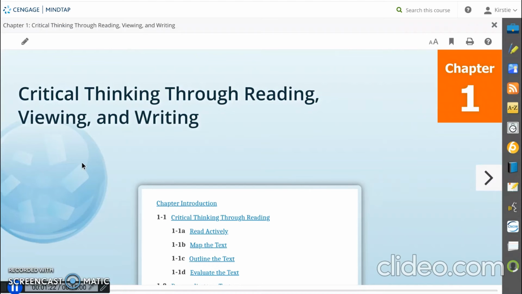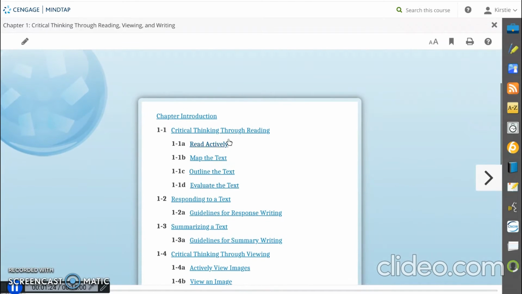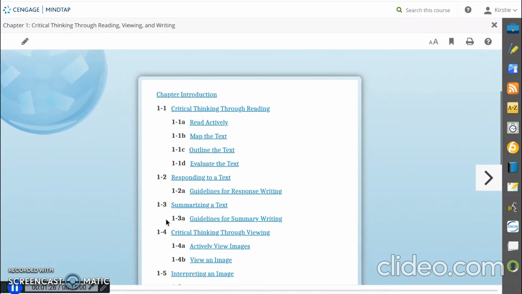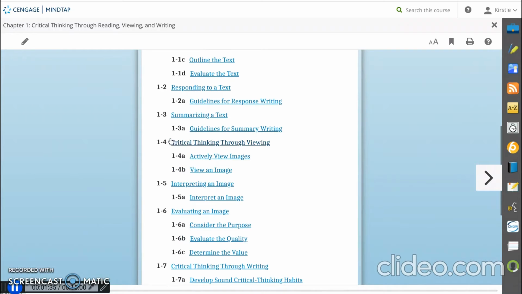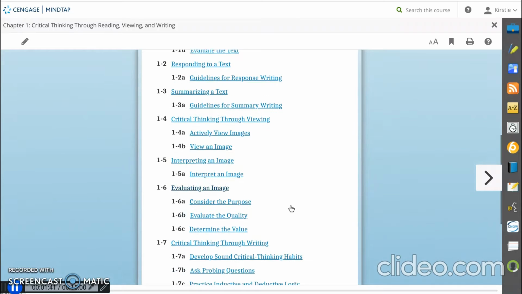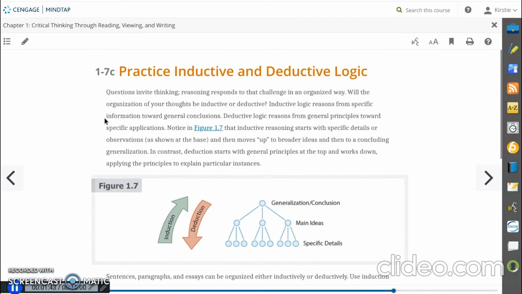Now, in Chapter 1, the areas I'd like you to focus on are really the first part of the chapter. In fact, this section right here, especially 1.1d, will be very important for you with Project 1 that you'll do at the end of the week. You can skip 1-4, 1-5, and 1-6. We won't be focusing on images much in this class. Now for the forum post,